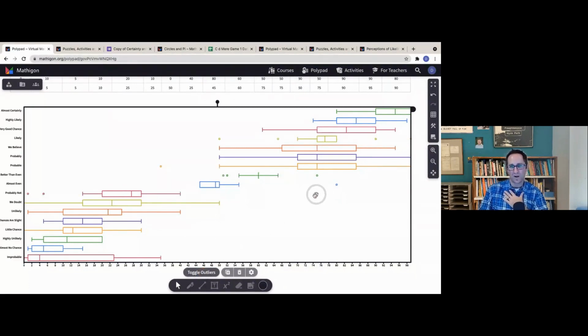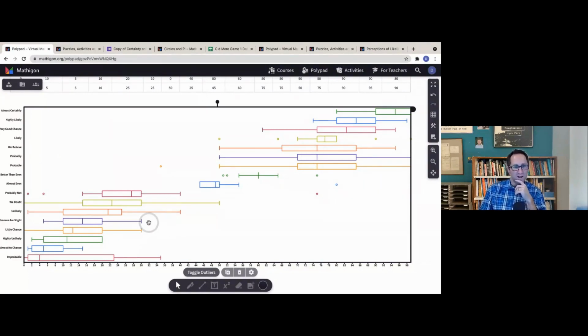Because there was one person that ranked probably not as 75, and we could probably think maybe they misread that. They thought that was probable. And then here is someone that said probable was in the 36. Maybe that was the same person that just misread probable and probably. But this is really interesting to me, and maybe not surprising when we see what these words are. Probable and probably are almost the exact same, right?